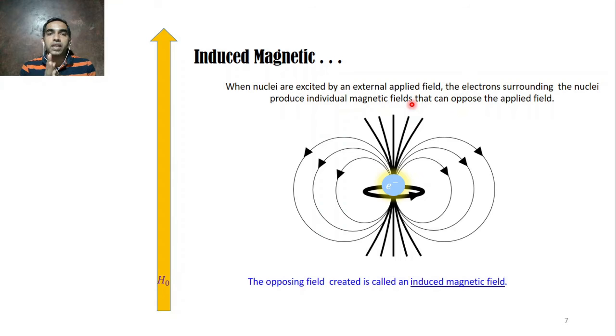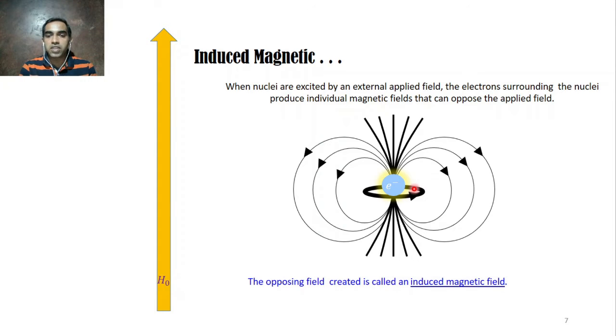Remember, the nucleus is at the center of an atom, and it produces a magnetic field, which either opposes the applied magnetic field or aligns with it. In a similar way, there are electrons surrounding the nucleus. These electrons also produce a magnetic field because they already have an electric field, right? Most of the time, this magnetic field can oppose the applied magnetic field. Because of this, if the electron density is higher, what happens? The nucleus is getting shielded.